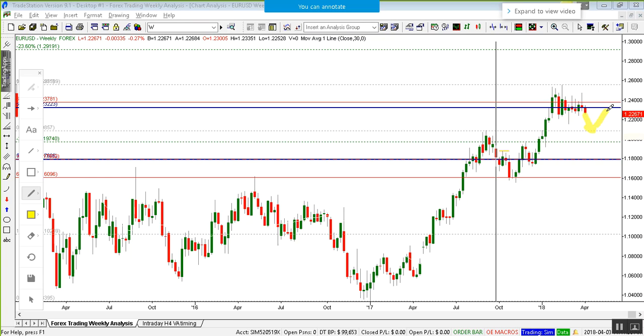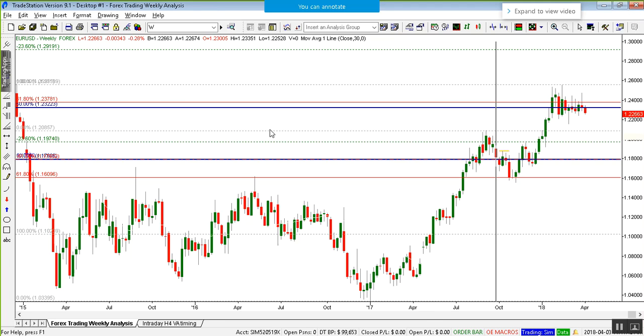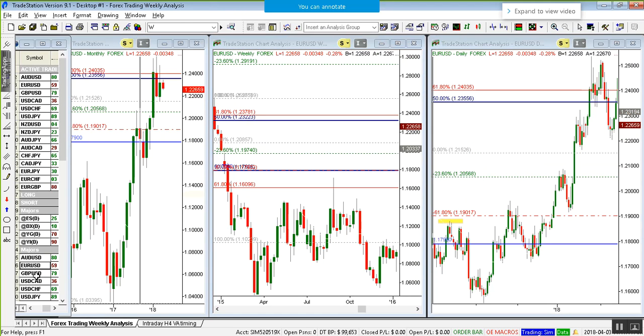This is a scenario to keep in mind, because we saw that in the past as well, and if that happens, you want to be ready and sell at 123.22 here. Of course, if it plays out exactly with these same levels, but if it doesn't, we're going to update these levels going forward. So that's the scenario for the euro dollar going forward.